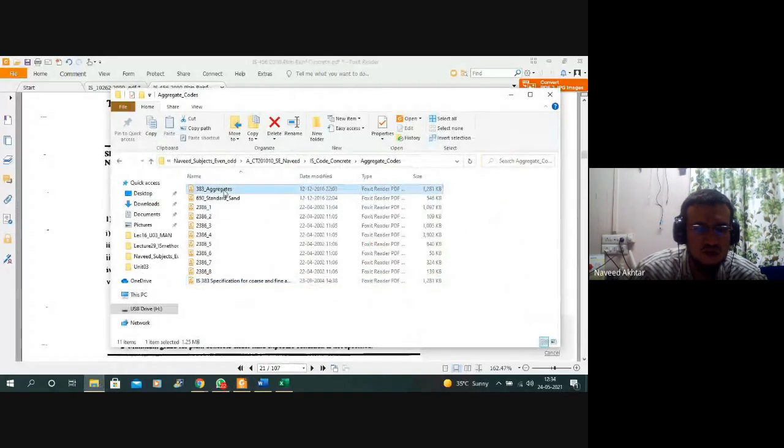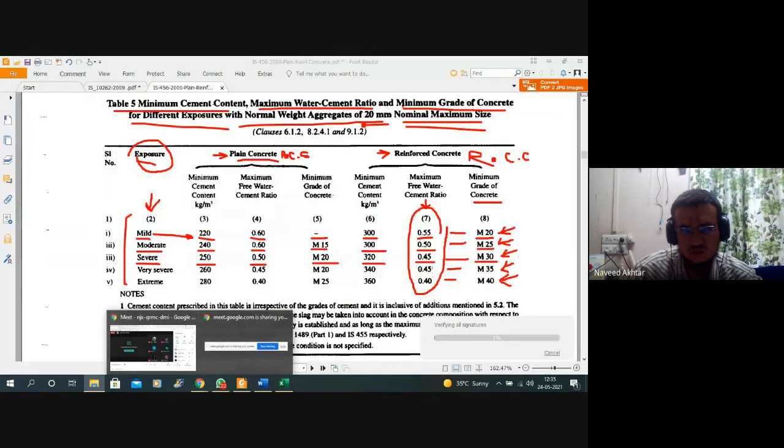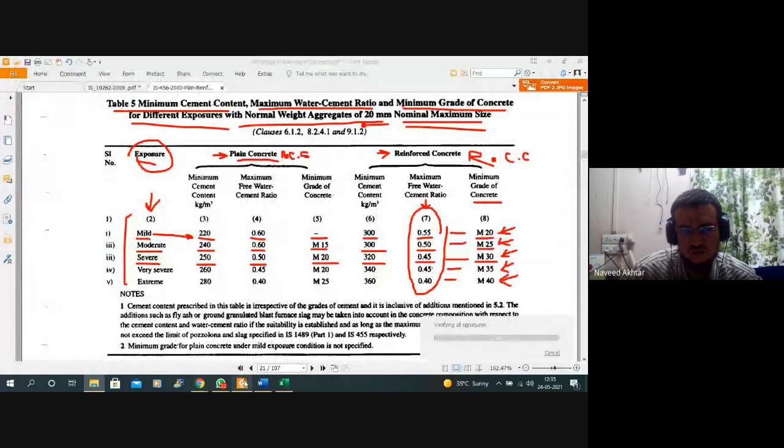I am trying to open IS 383. If that opens, you can see that different zones are divided, and that table is given in IS 383. That code is not opening.